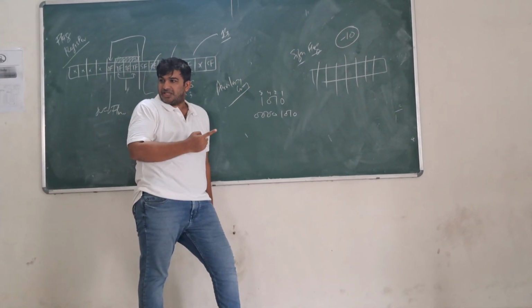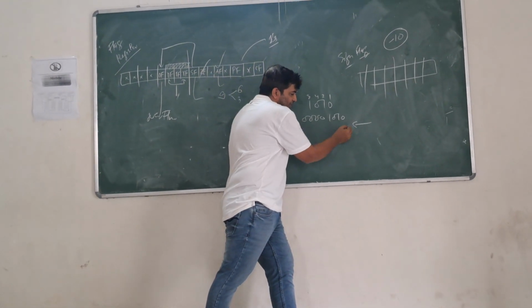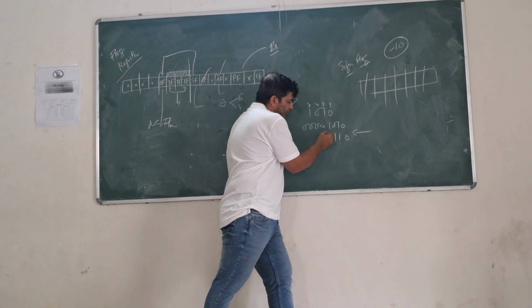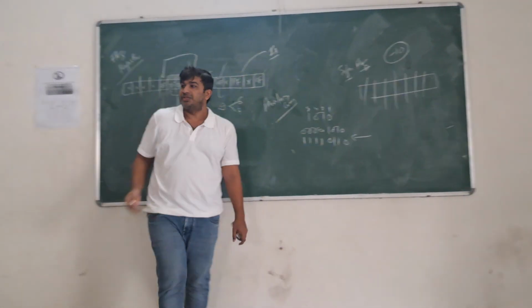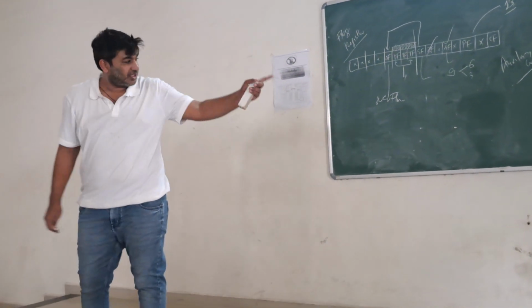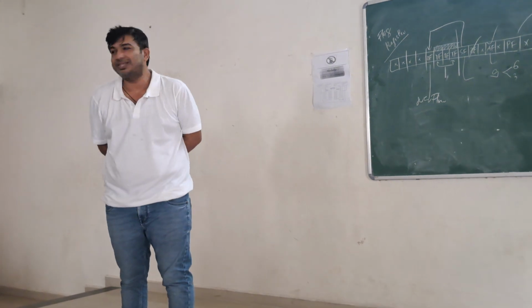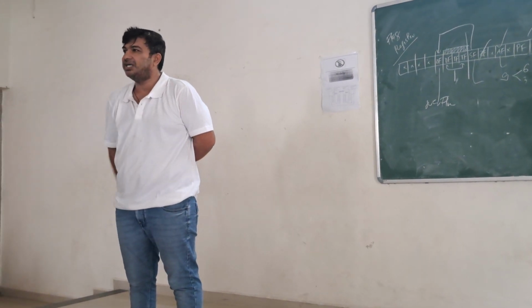So this 10 is represented like this in 8 bits. If I want to find out the 2's complement of this, I can go by this: 1, 1, 1, 1, 0, 1, 1, 0. This is my 2's complement of 10. And this is what represents minus 10. I need to store the below number in that 8 bits and it is representing minus 10.